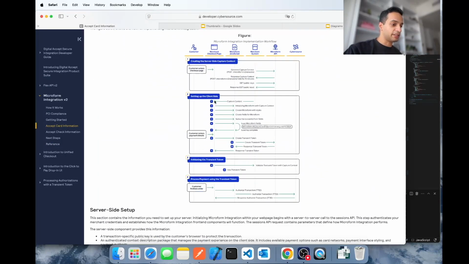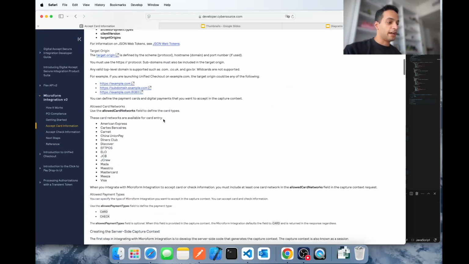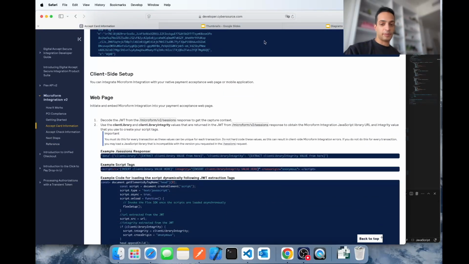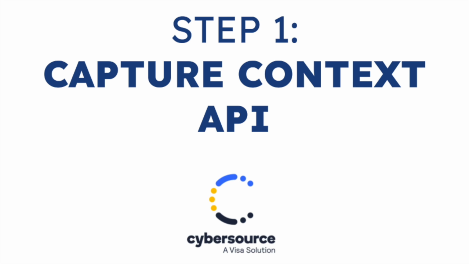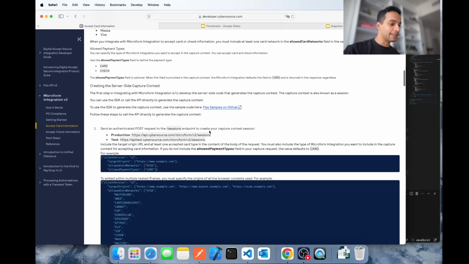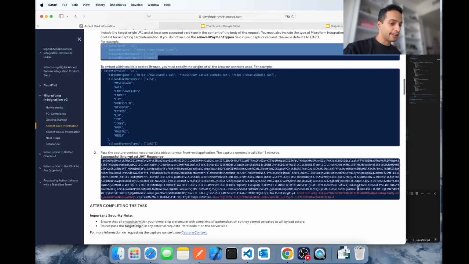This is the integration guide that we'll be following. There's a client-side setup, server-side setup, and it's pretty straightforward. So let's go ahead and implement this. Okay, so step one, we have to implement this API call over here using these parameters